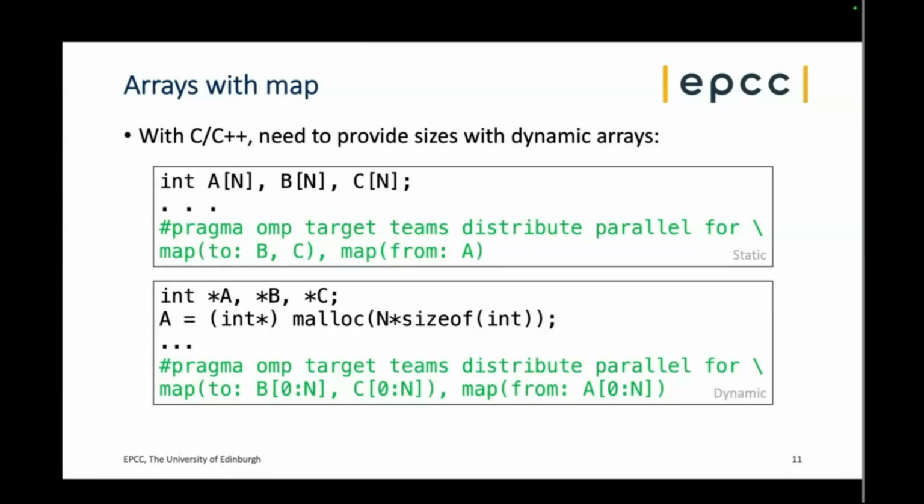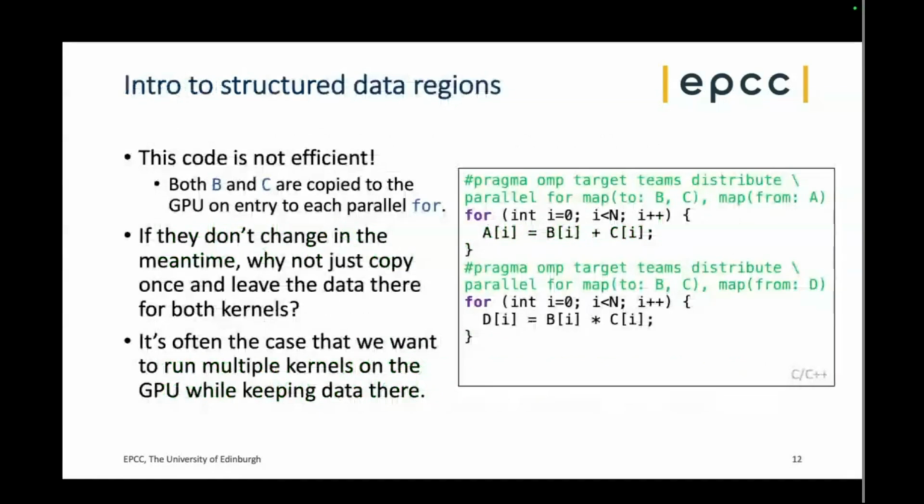Okay. So in this case you're mapping the arrays B and C from the host to the device, and then you're mapping back to the host the array A. So this is a full example with